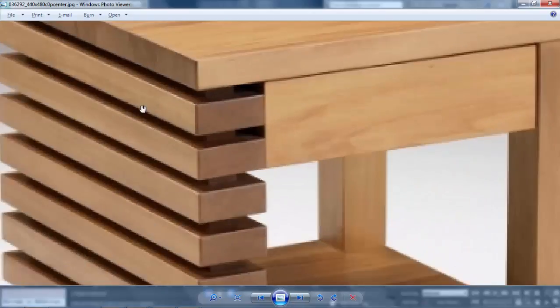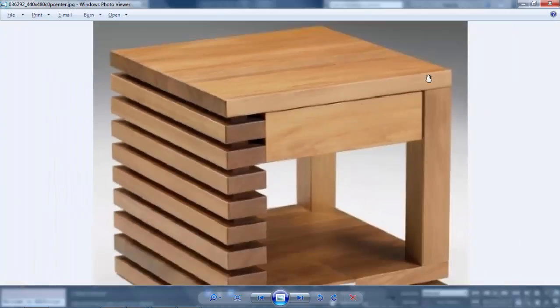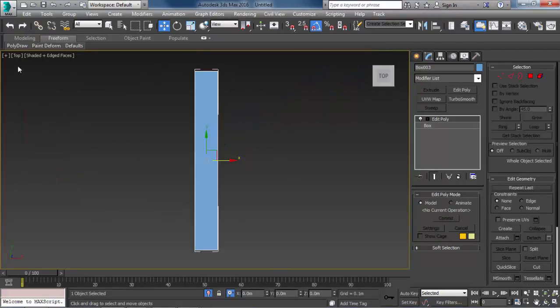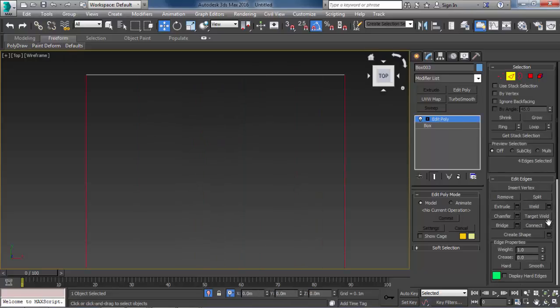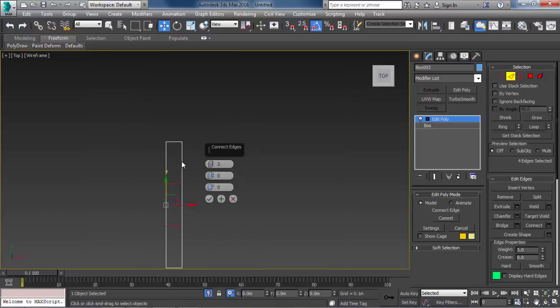As you can see, we have soft edges for those. They're not sharp like this. So we'll apply a turbo smooth, but first, in the top view, I'll select those. Add a connection, double connection segments, and I'll finish them up so that they are here.